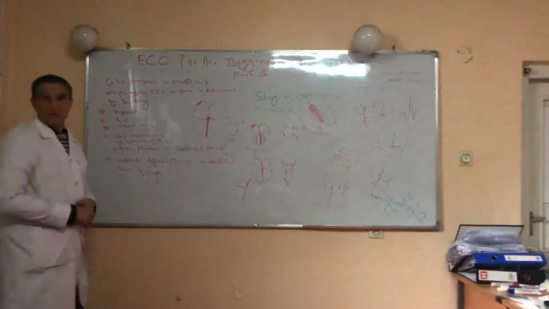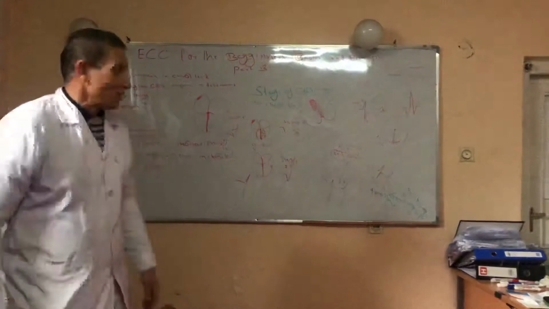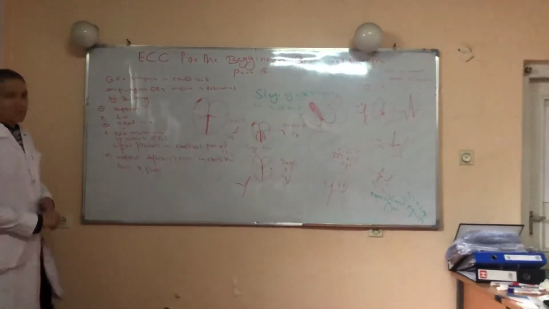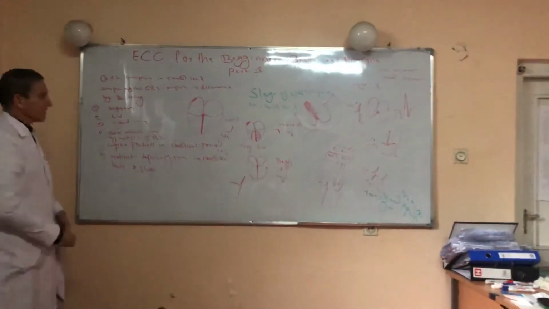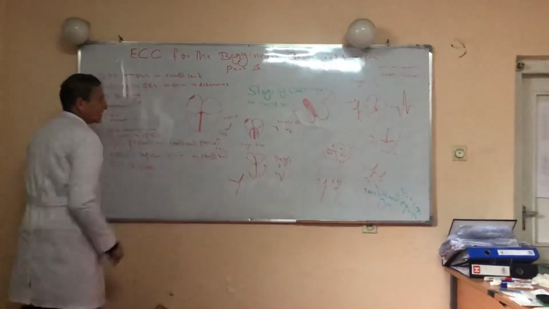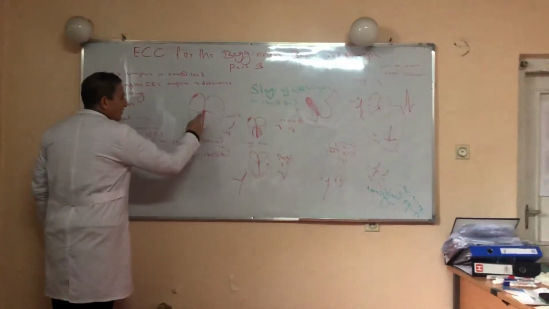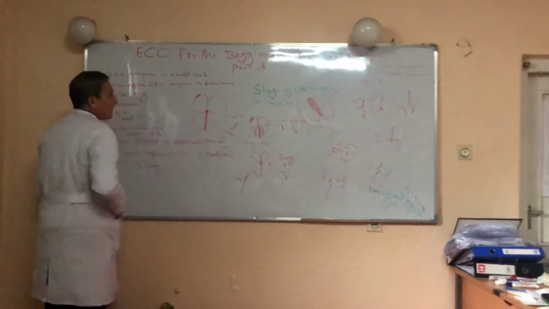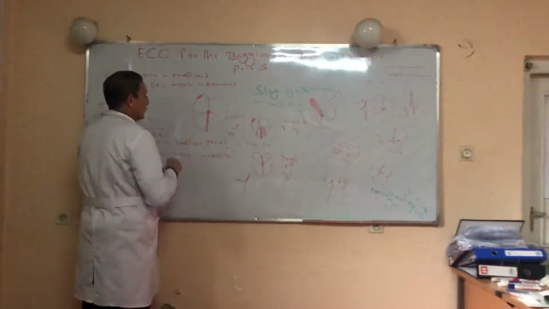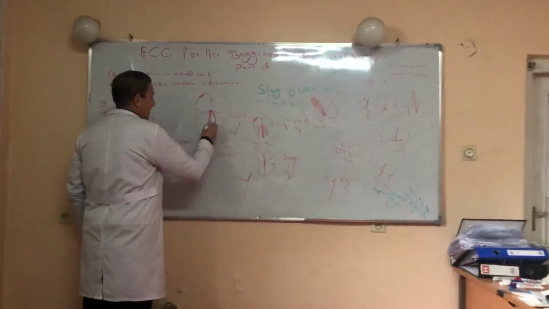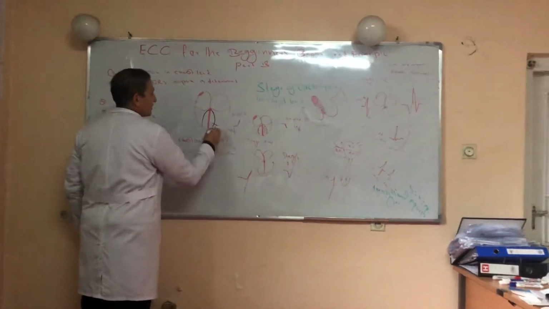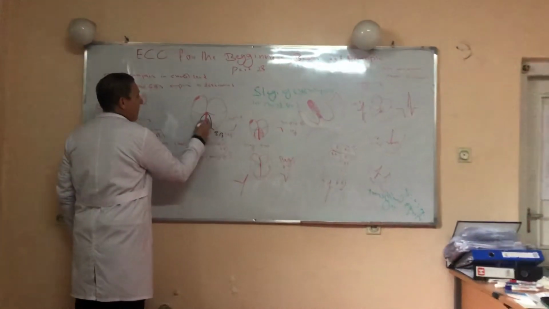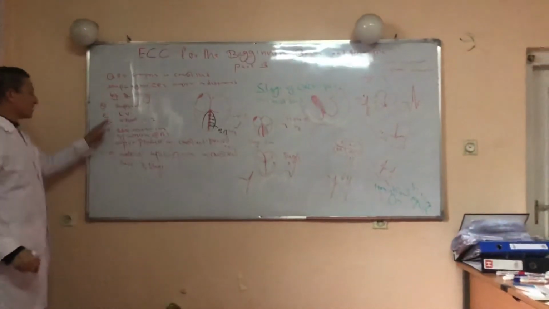This is a key point in ECG when you want to study the QRS complex. The main factor which plays a major role in the QRS complex of the V leads is the septum. The septum is a portion of the ventricle located between the right ventricle and left ventricle, and it is depolarized by the left bundle branch from left to right. This was the first thing.